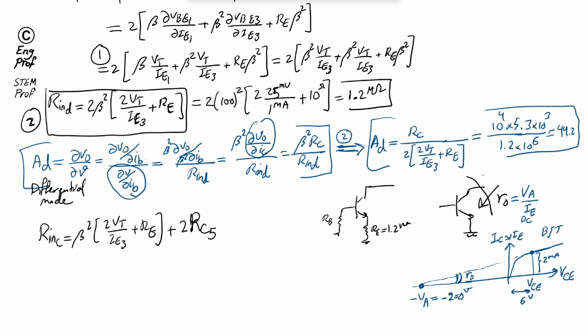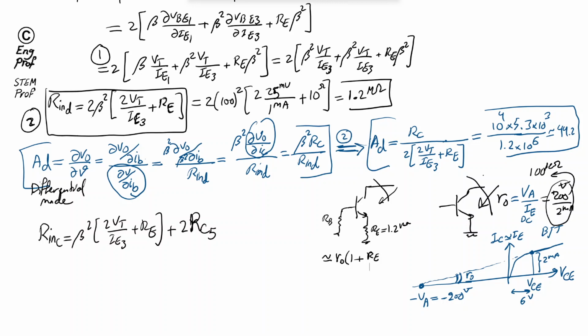In this example, without the resistor, we would have had 200 volt early voltage divided by the 2 milliamp, so we would have had 100 kilo ohm just for RO observed like this, which is pretty large. Now, when we have RE like this, then we will end up with approximately RO times 1 plus